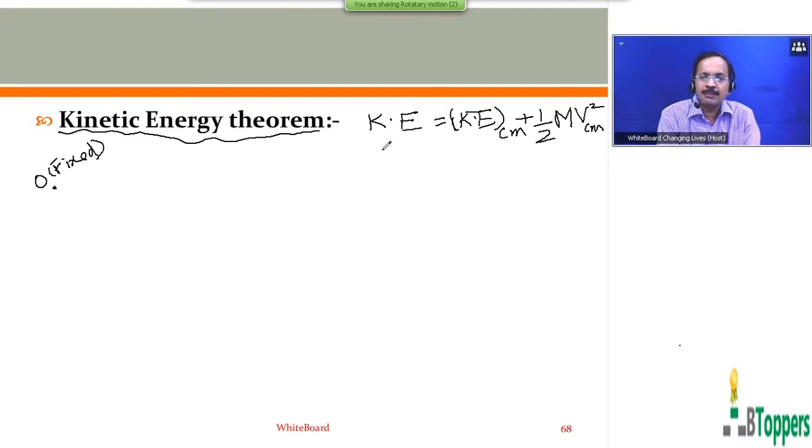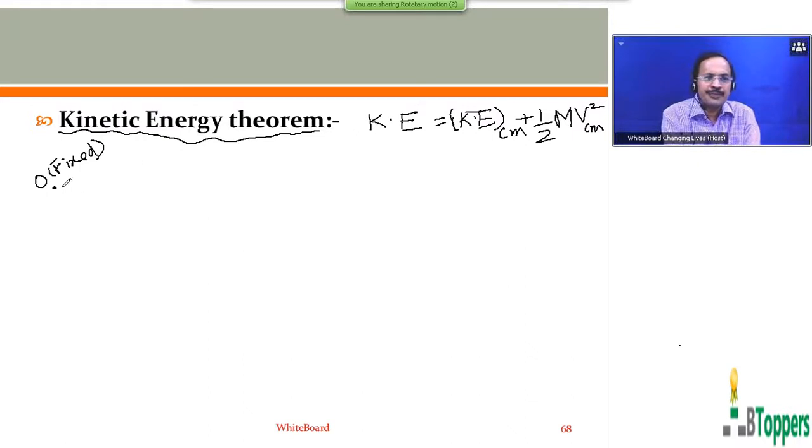Of course, proof may not be required for the objective type of examinations. You will not be asked to write the proof for an objective type exam, but I still want to discuss the proof keeping in view the subjective type examinations, or some students may have interest to know how this conclusion is arrived at. Unless they know how the conclusion is arrived at, they will not be convinced. So the proof is not very difficult, it is simple only.